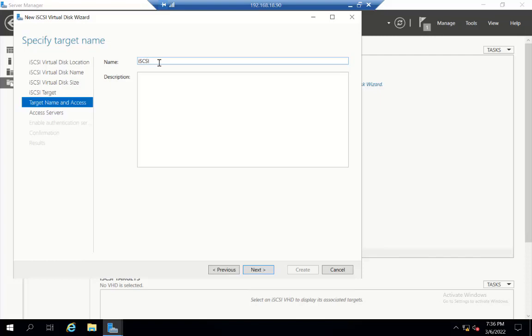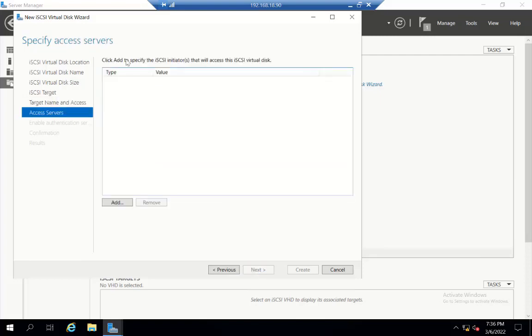I also give the description as set up on Windows Server 2019 and click Next. Now I specify the iSCSI initiator. I can add my IQN number here, or I can access this target from the IP address.